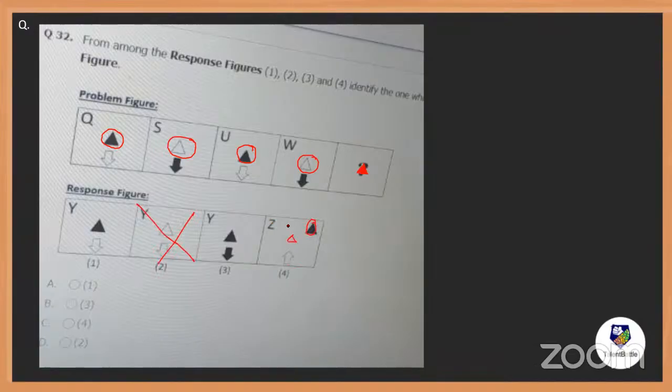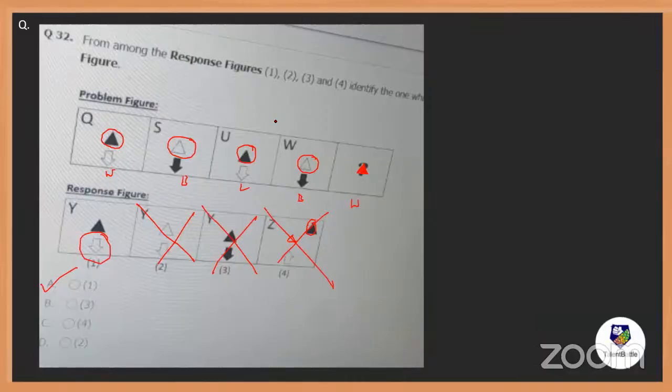This should be in the middle, not in this corner. Now look at this one: white, black, and then white is supposed to be. See how easily I have eliminated, even without looking at the alphabet. So what is the answer? A, the first figure.